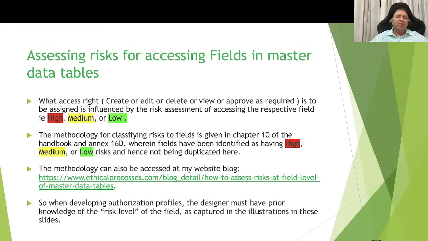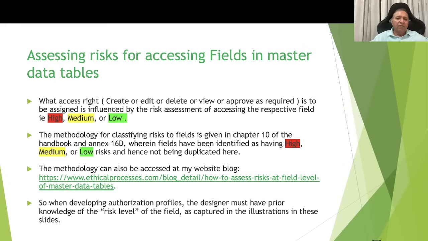Assessing risk for accessing fields in the master data tables. What access rights are to be given to a master data table or the field depends on the risk level assessed, number one, for the master data table itself, number two, for the field itself. The methodology for classifying the risks to the fields is given in chapter 10 of my handbook in lecture